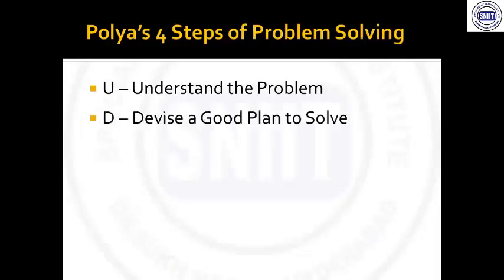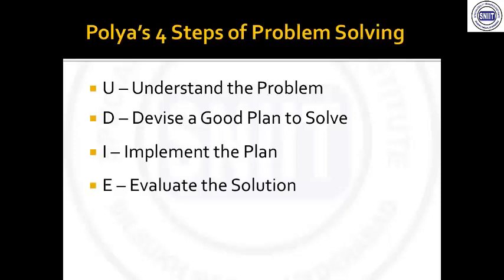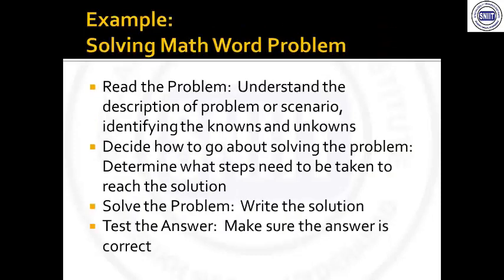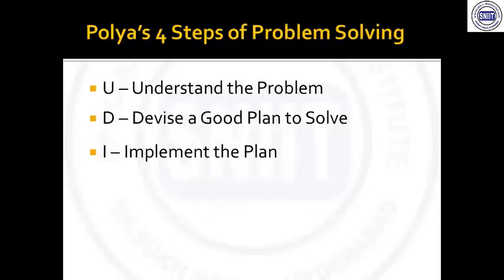First of all, we need to understand the problem. What is the problem? We need to question it first. Then devise a good plan for the solution. Next, implement the plan, just what we gave as the solution: divide the 100 kg bag into 20-25 kg bags, like 4 parts. It is very easy to shift a 20 kg bag from one place to another. In the same way, plan and divide into different parts and implement. And then evaluate the solution. Going back, how will these 4 things be implemented?